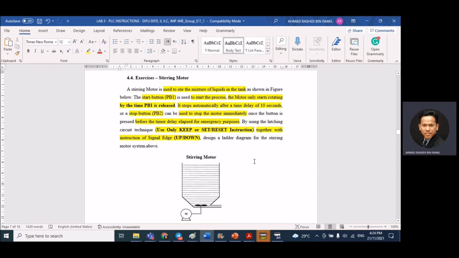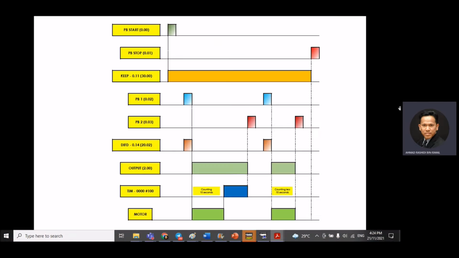Next, I will show you the timing diagram. This is the timing diagram of the steering motor, which consists of several inputs, outputs, and also the control units. It starts with the push button start, which I label as 0.00, push button stop 0.01, and also keep instruction as 30.00. So these three act as the main circuit, where by pressing the start push button, the keep instruction will activate,